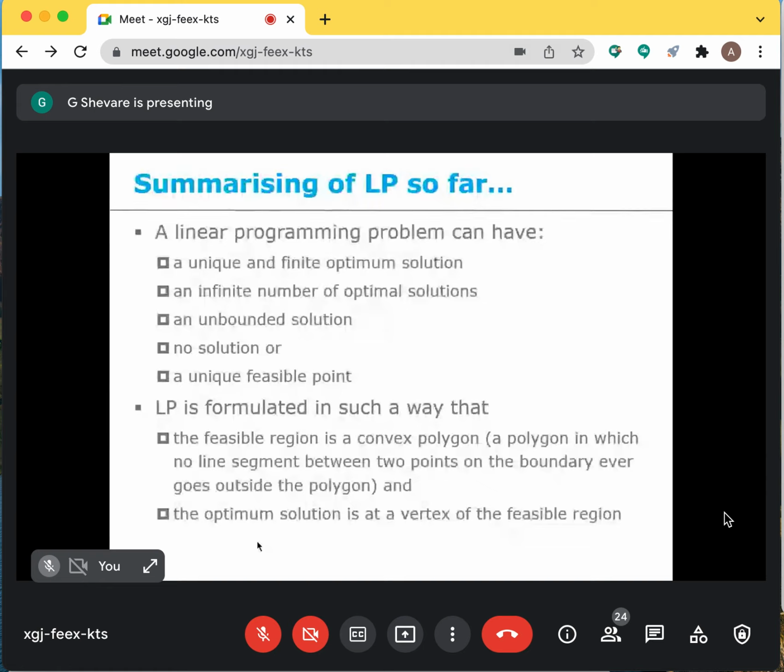It may so happen, as we just saw a few seconds back, that there may not exist any solution whatsoever if the equality constraints are larger in number compared to the number of design variables. Or it may have just one point, which is the only solution that exists. It is not an optimal solution, but the only solution. For example, 3 design variables and 3 equality constraints.